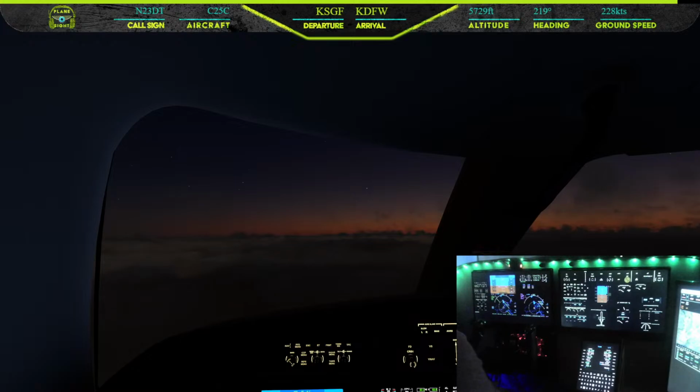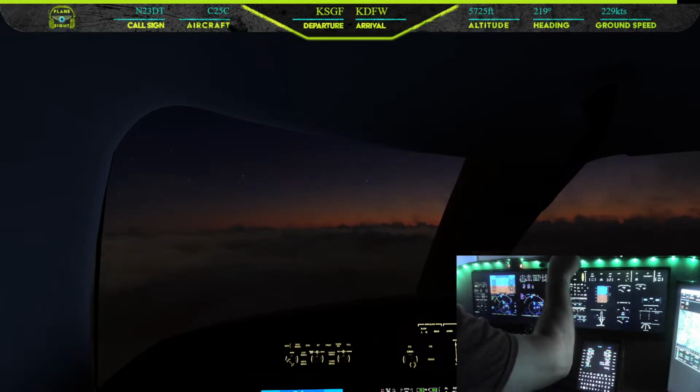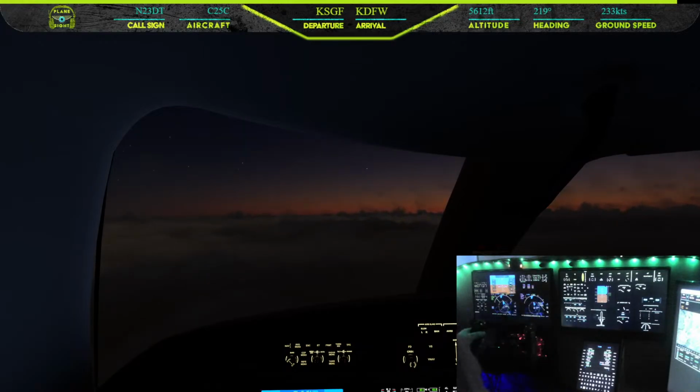And we should get a descent a little bit lower now, down to 5,000. Descend to 5,000 for Citation November 23 Delta Tango, and altimeter is 30.30. Oops, 30.31. Altimeter is 3031, Citation November 23 Delta Tango. And looks like we're about